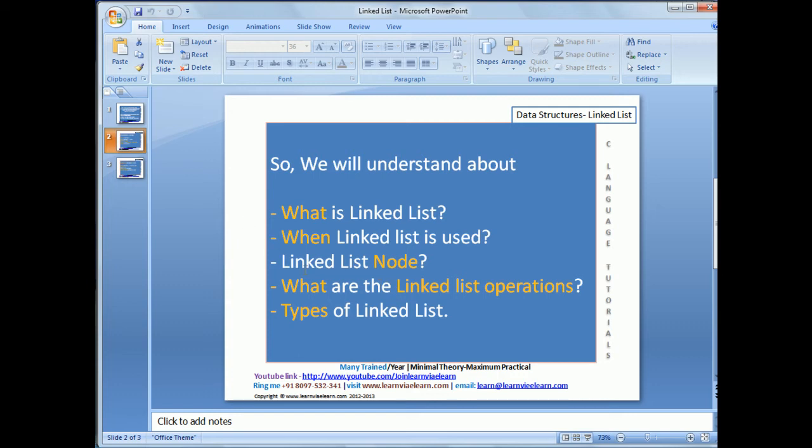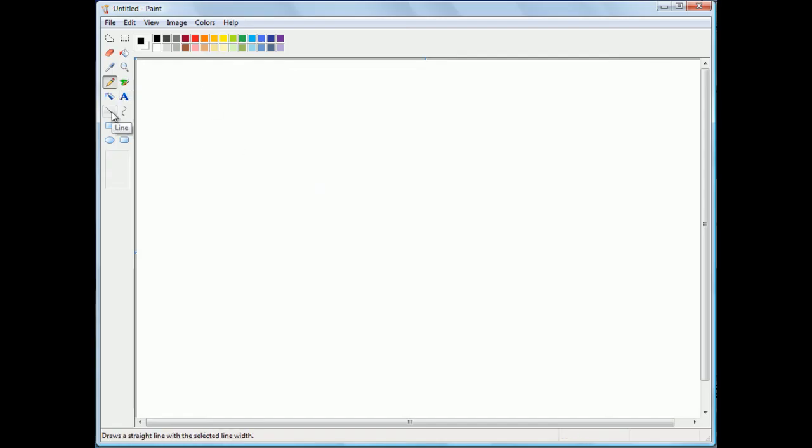Okay, so let's get started. Let me give you a very simple example to understand the linked list, an example of a short story. Everyone knows about a train. I am going to explain some properties of a train and try to link those properties or specifications with the actual linked list, which we are going to see in our data structures. So if I say a train, what comes to your mind? Number one,